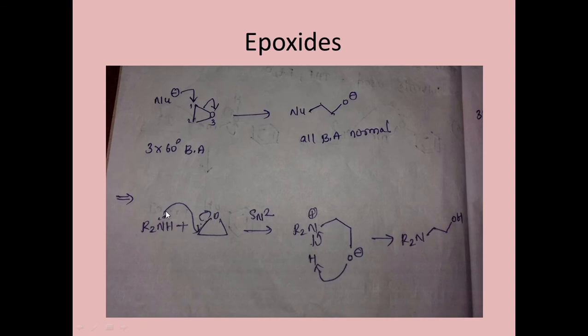There is a lone pair, it will attack here and this bond will get shifted, then we'll get an O negative charge, right? Now you might get confused sometimes. I too get confused while writing reactions. It has attacked, number it 1, 2, and on the third we have oxygen. R2NH: nitrogen is making 3 bonds, and after this attaching with it, it has 4 bonds, 4 bonds with a positive charge, right? This negative charge will abstract a proton and we will get this stable product.